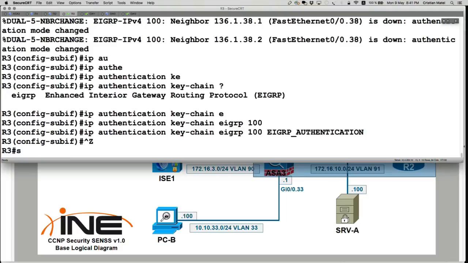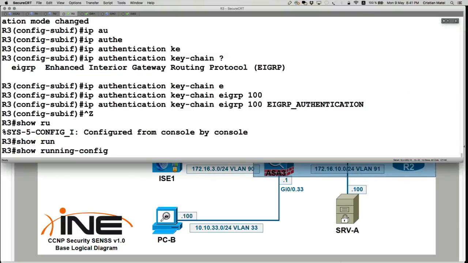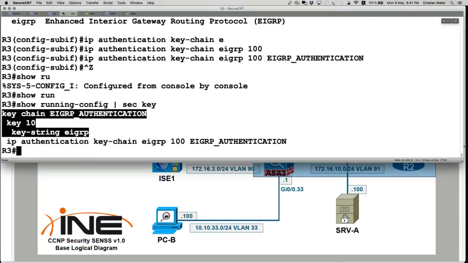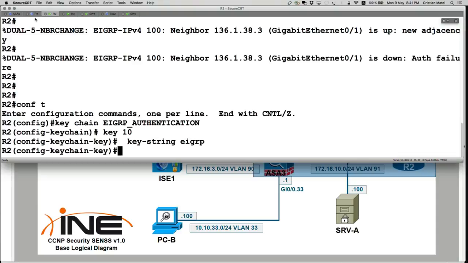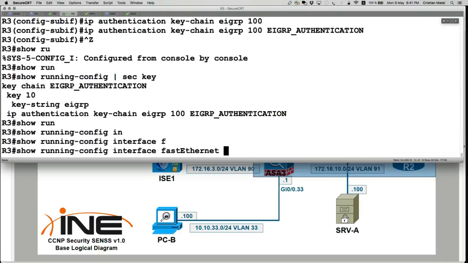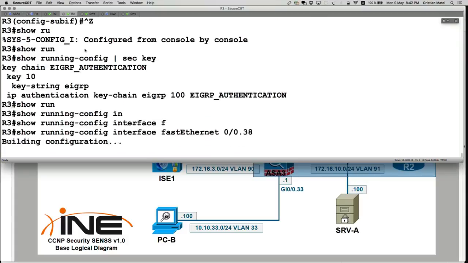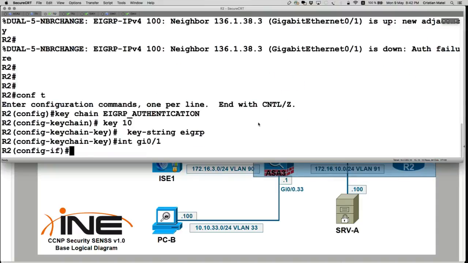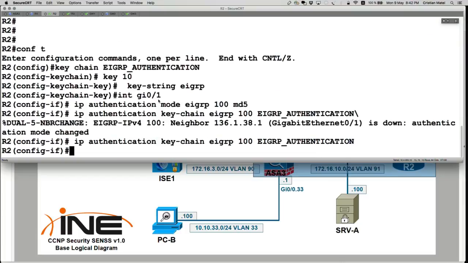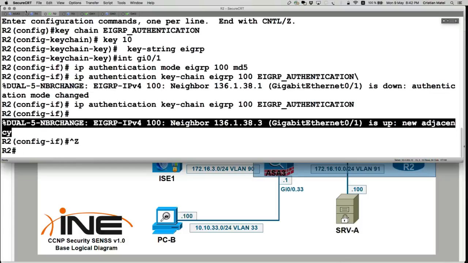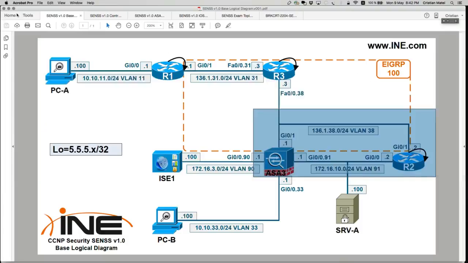We copy and paste the keychain also on Router 2, show running-config section key chain on Router 2. And then we also paste show run interface Fa0/0.38. We paste the authentication commands also on Router 2's interface Gig0/1. The adjacency is up again. So now we go also on the ASA3, and we go directly at the interface level,